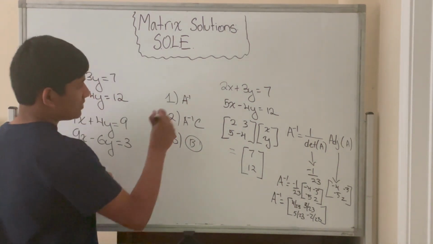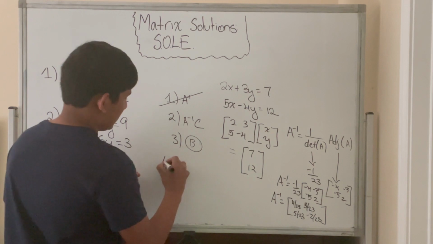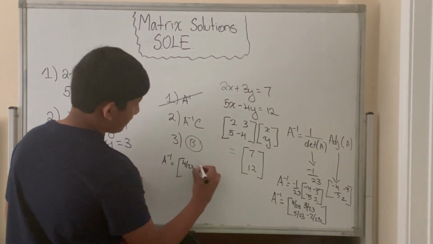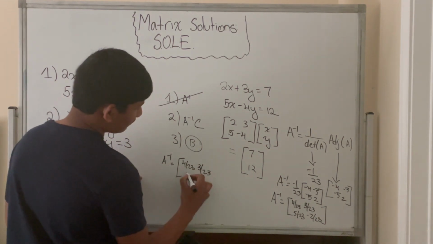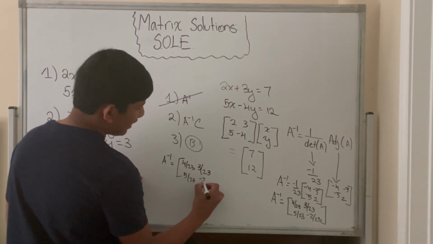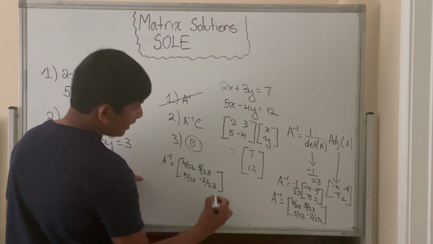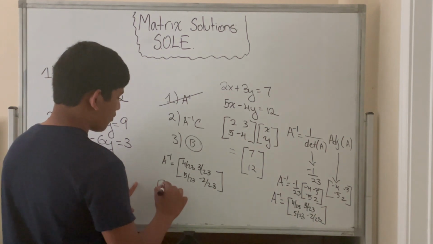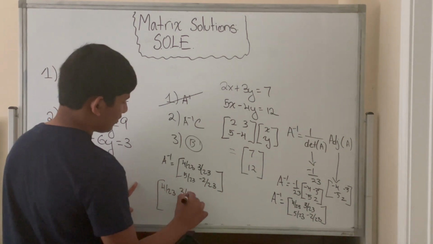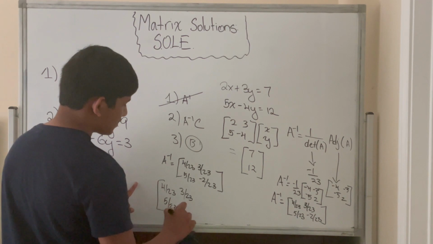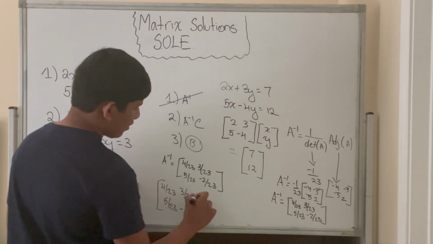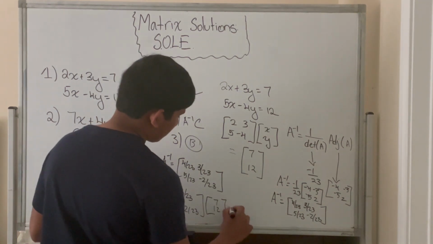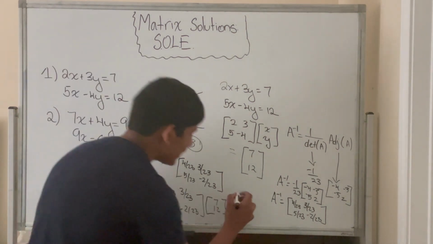So first step is achieved. A inverse is just 4 over 23, 3 over 23, 5 over 23, and negative 2 over 23. And we have to multiply this by C. So rewriting it once more, 4 over 23, 3 over 23, 5 over 23, and negative 2 over 23, all multiplied by 7 and 12. Now when we multiply this, we get